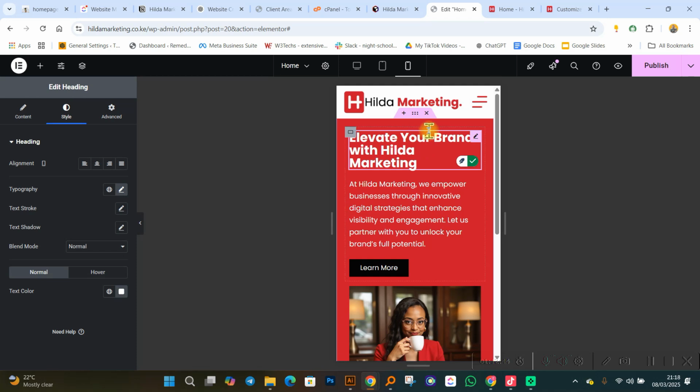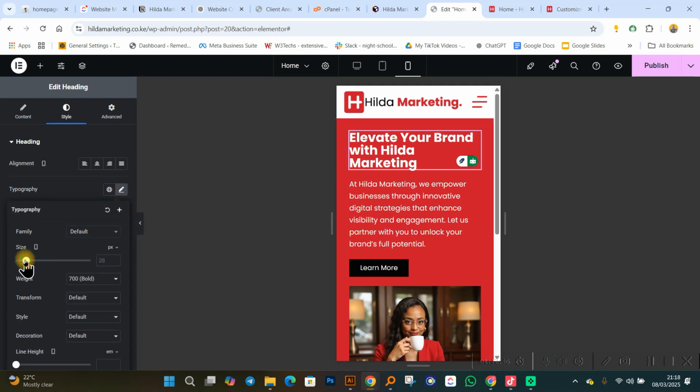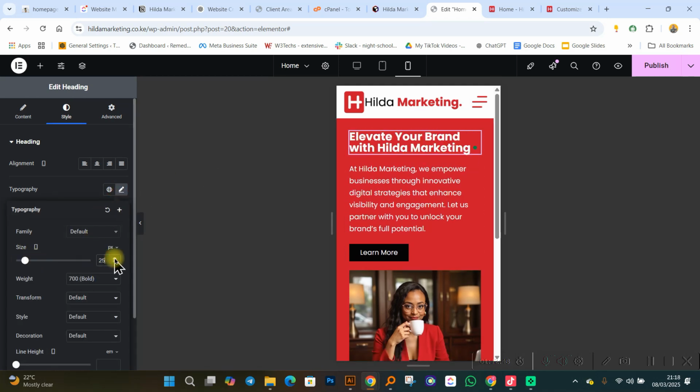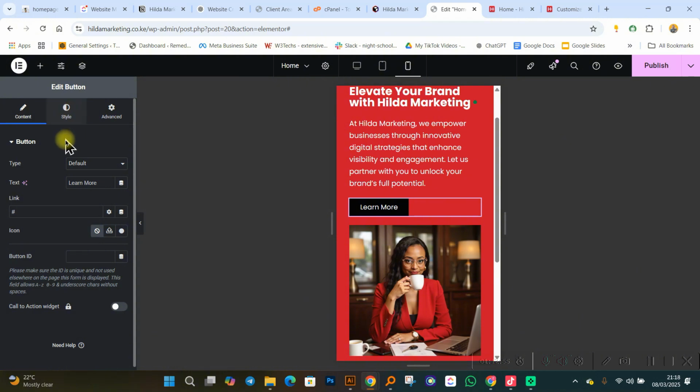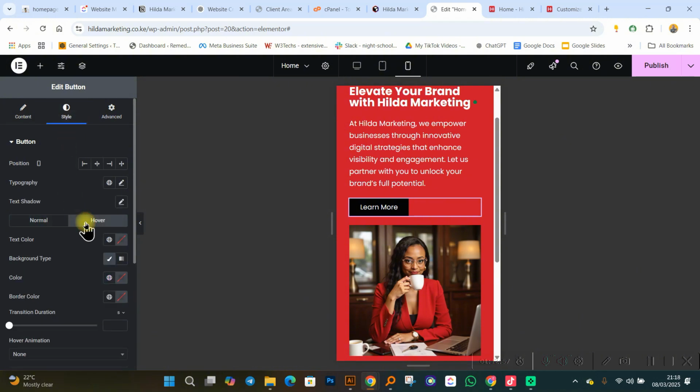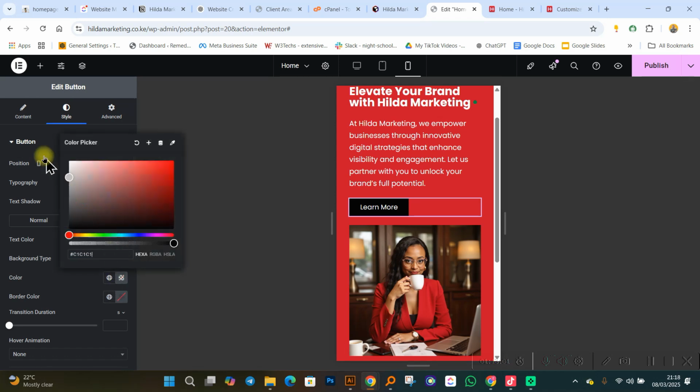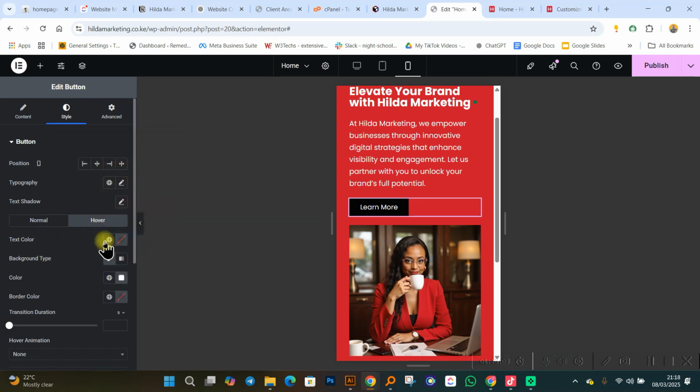All right. So to a mobile device. Is this big? This is quite big. Select it. Reduce the font size. We have something like that. And we have our button over here. We can customize our button. Click on style. If someone hovers our button, we want the background color to change to what? Let's say we change it to white. And the text color changes to what? It changes to black. Chatuone.